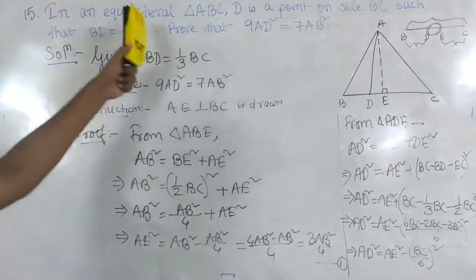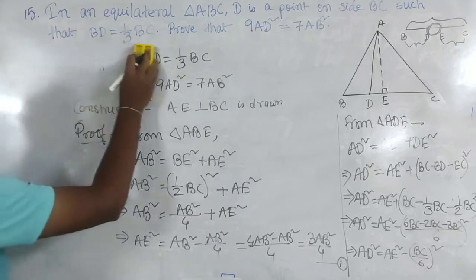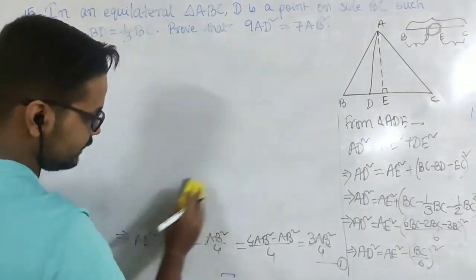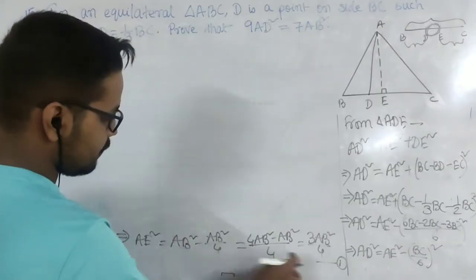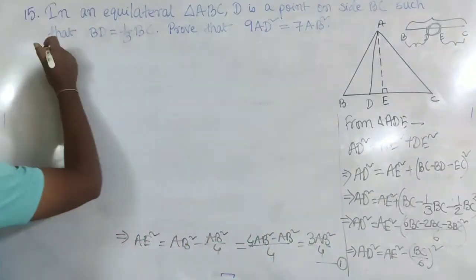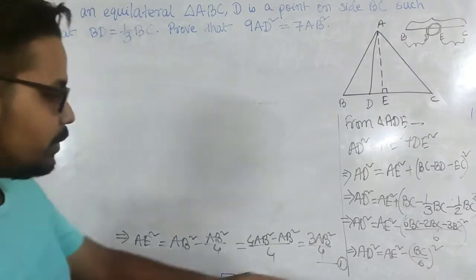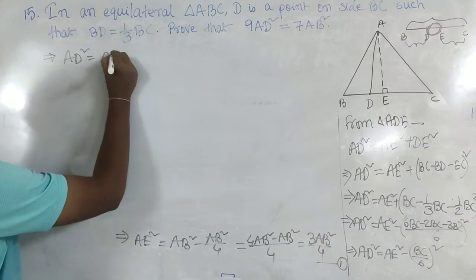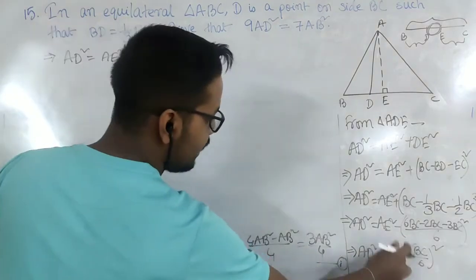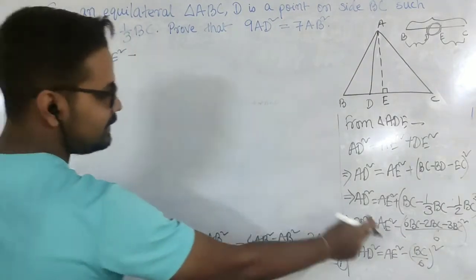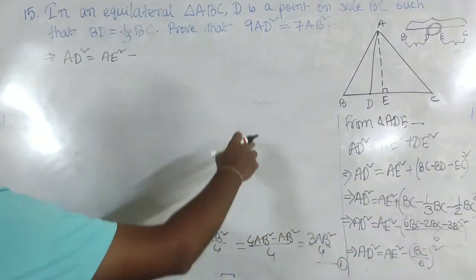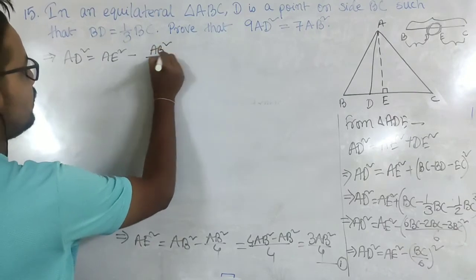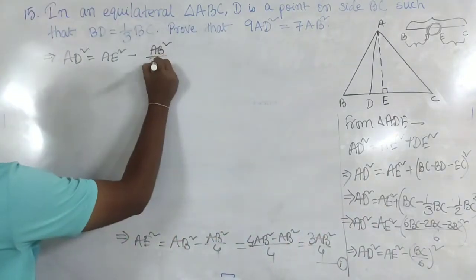So I need to continue this here, so I am going to rub this part. Keep the last line because we will need this part. We will be equating. I am continuing this here. So what we have here is AD squared is equal to AE squared minus BC, which again can be written as AB because BC and AB are two sides of an equilateral triangle. So I can write AB squared, and 6 squared is 36.